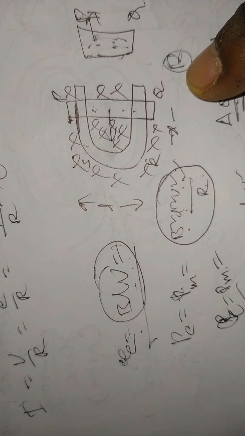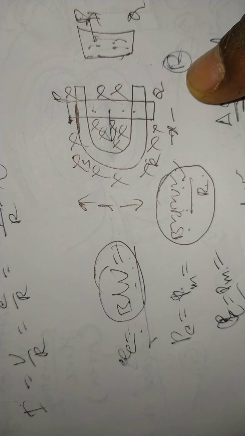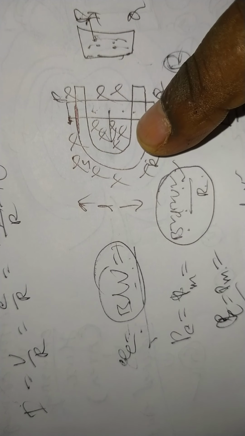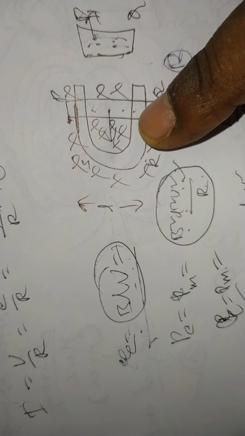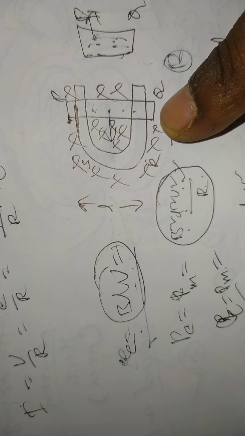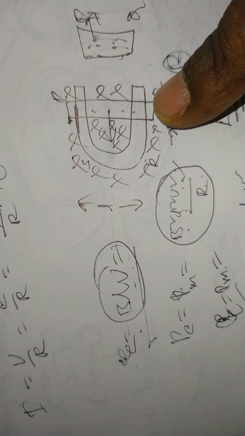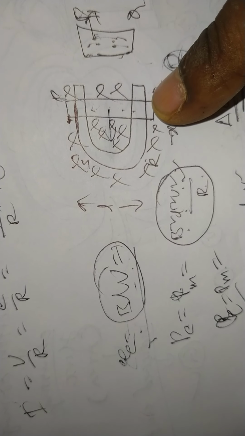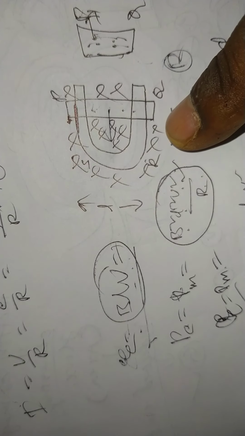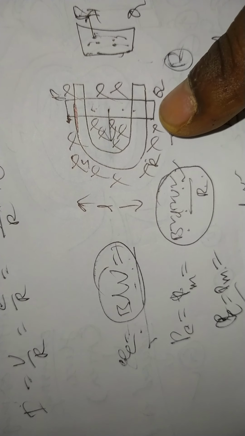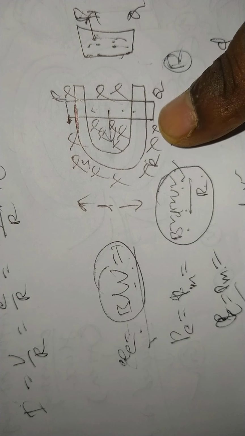Okay, suppose initially we can take one rod or one tube. It can be bent in U shape. It can keep in a strong magnetic field, that is uniform magnetic field. You can take one copper rod, that is PQ. The arrangement is shown in the figure. We can form PQRS as the closed loop. Okay, the rod can be moved towards left side.